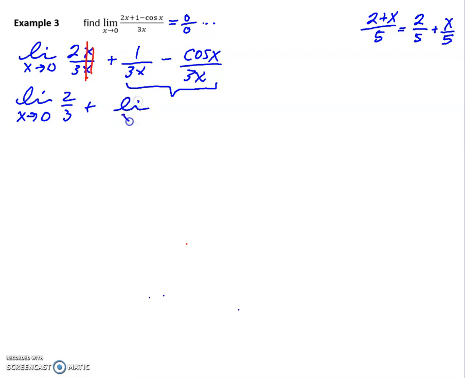So I'm going to choose to make this limit as x approaches 0 of 1 minus cos x over 3x. Some of you might already be seeing or remembering where we just saw that. This guy is easy. Limit as x approaches 0, there is no x to plug in, which means it's just 2/3. Here, just that portion, if you recall, the limit as x approaches 0 of 1 minus cos over x